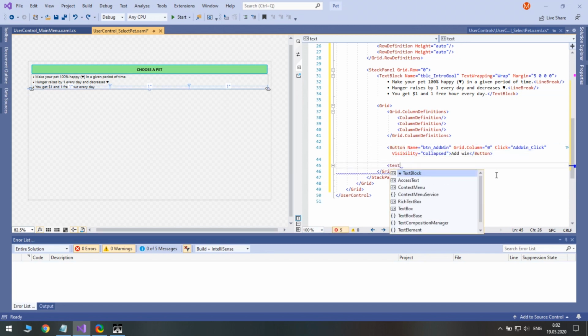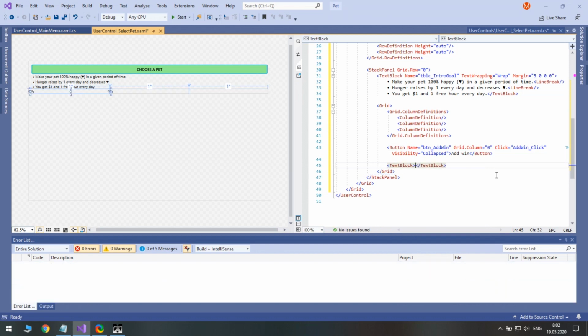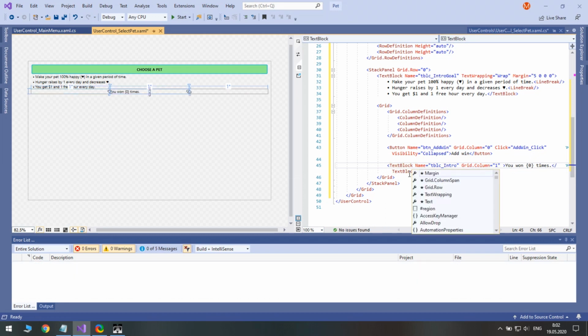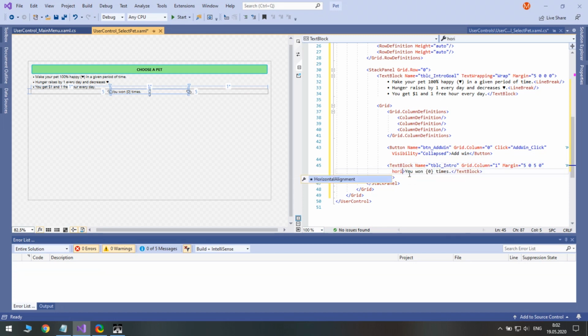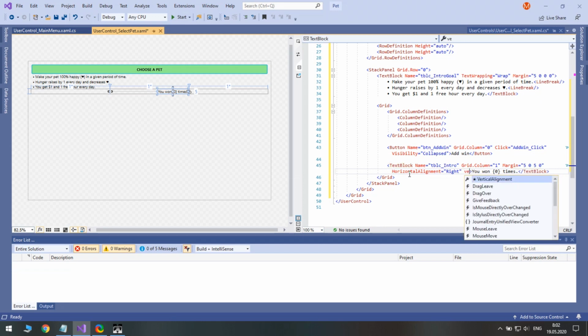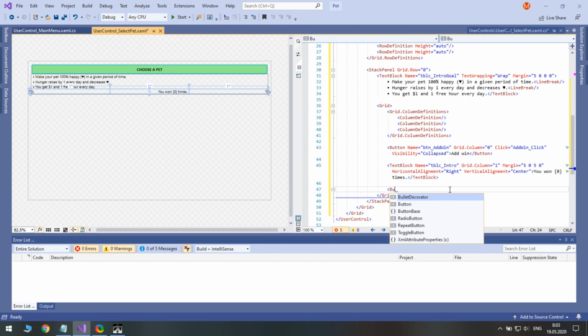At the center we will place a text block showing the number of wins. We also had a button to erase statistics.